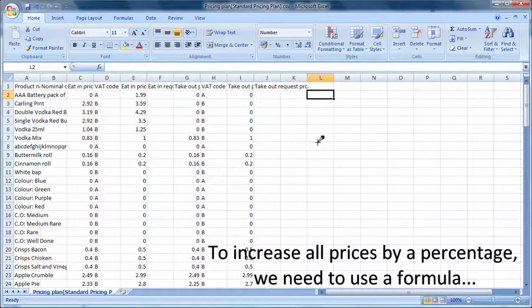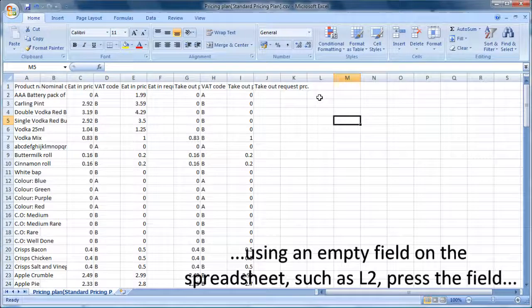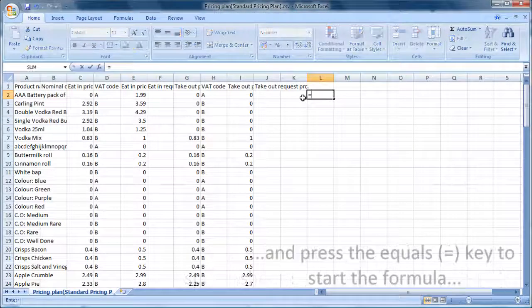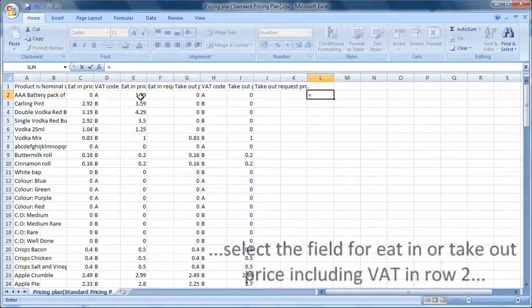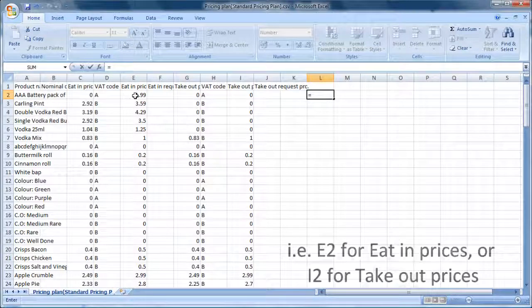To increase all the prices by a percentage, we need to use a formula in an empty column on the spreadsheet. We'll use column L, and we need to enter the formula equals to start the formula. We'll use the eat-in prices including VAT, which is the value in column E. So click on the first value in column E,